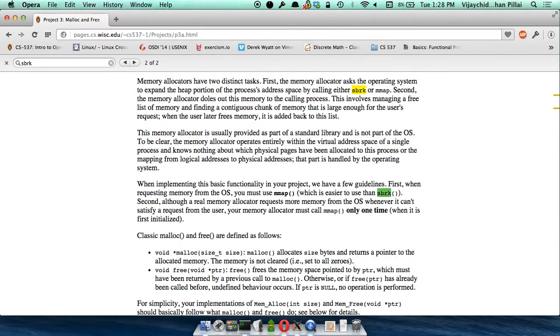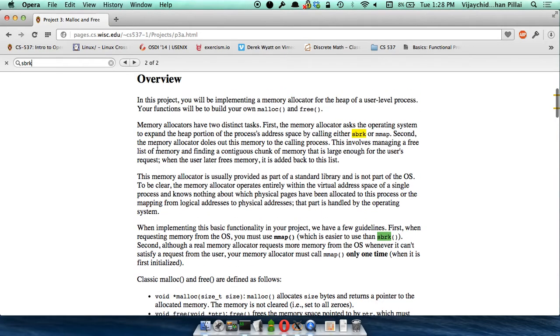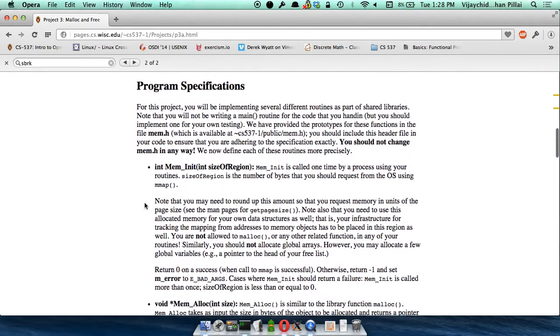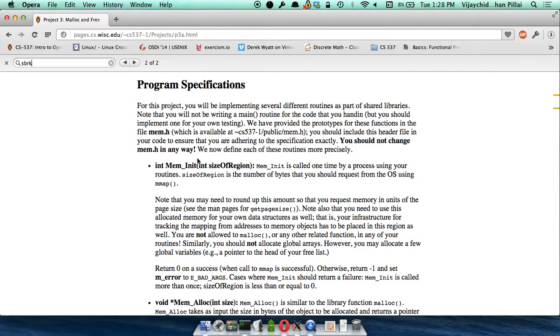Okay, did what I'm saying make sense so far? Okay, so in this project, we tell you what functions you have to implement. mem_init is the part where your library is going to talk to the operating system and get a huge chunk of memory. The size of the region must be a multiple of the page size. The page size is going to be 4096 bytes, so a multiple of that. So it gets this huge chunk of memory for you. That's going to be the first step in all the programs that we will write.